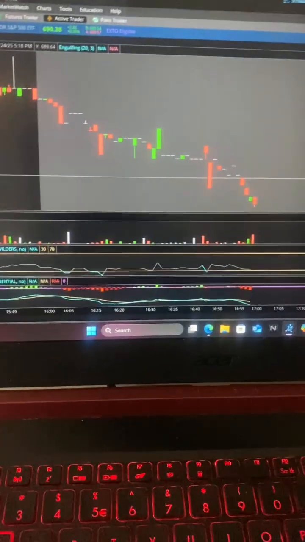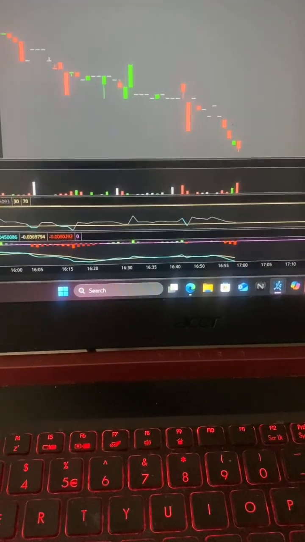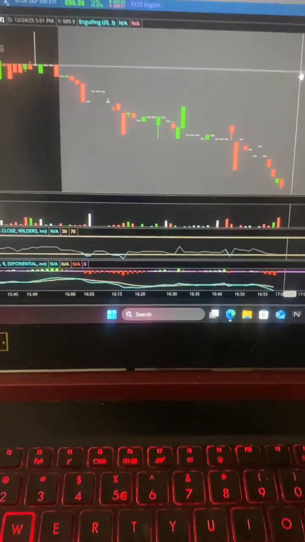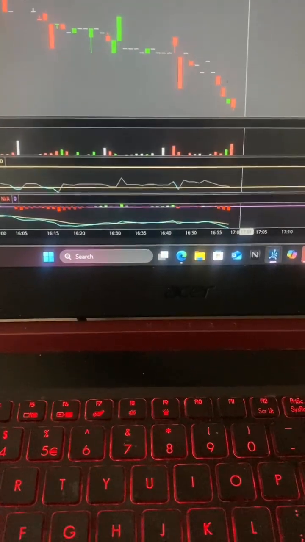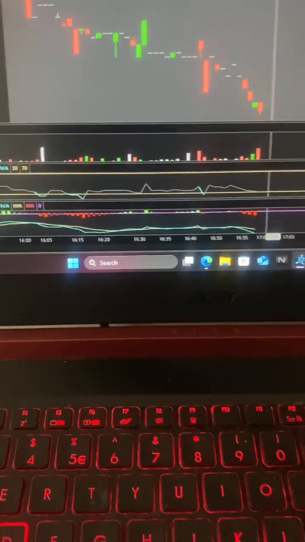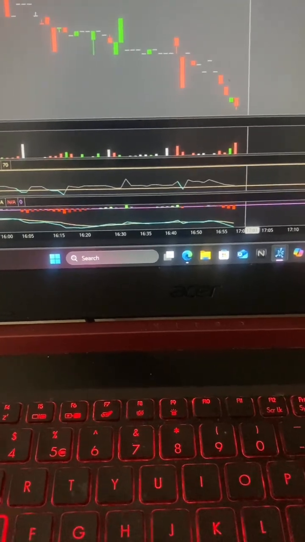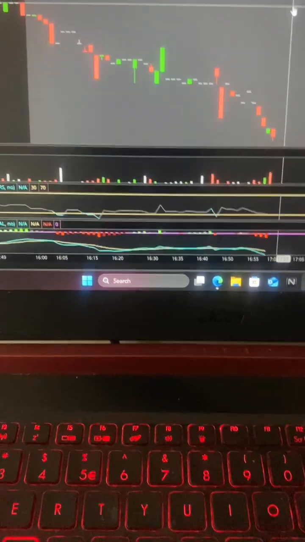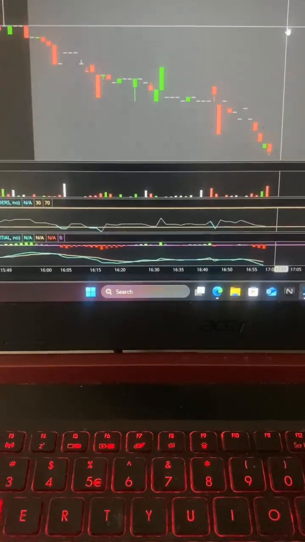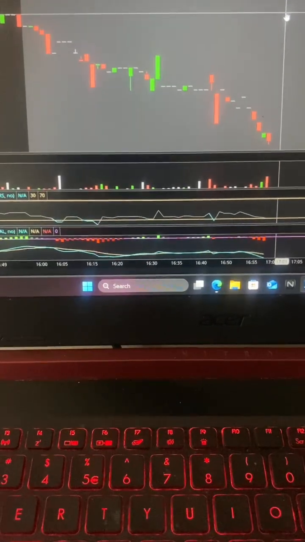Okay, so that's what we got. So now we'll be back trading on the 26th, December the 26th. So bam, there it is. My SPY SPX 1 minute entry. Now I think I'm gonna name it something different. I haven't tried it on anything besides SPY, but I'm pretty sure